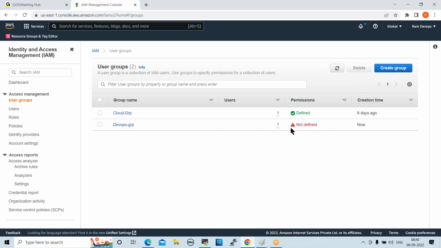Fine, so the group is created. Permissions are not defined. We haven't given any permissions. The user is added into the DevOps group, right? Now